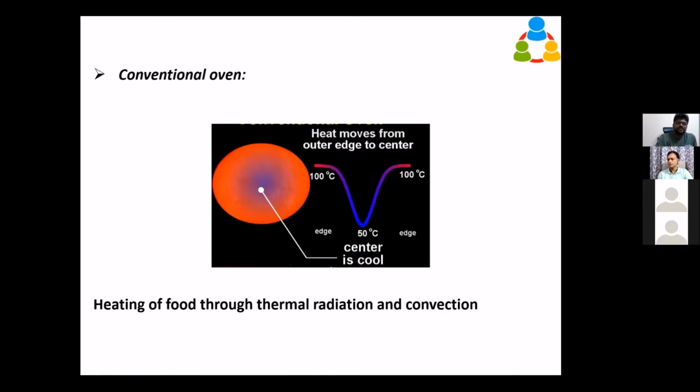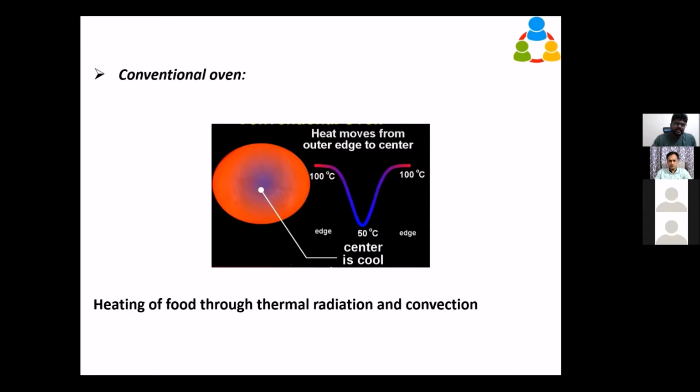So how does this happen? Through thermal radiation and convection. Thermal radiation means whether we are using a source like a heating coil, where the coil is heated up through the circulation of electric current, or using coal or something in a bakery oven, you would have seen. Whatever heating source we use, that heat will be radiated via thermal radiation. The heat that we sense is IR radiation, which is also part of the electromagnetic waves. So through infrared radiation, heat will be transferred.